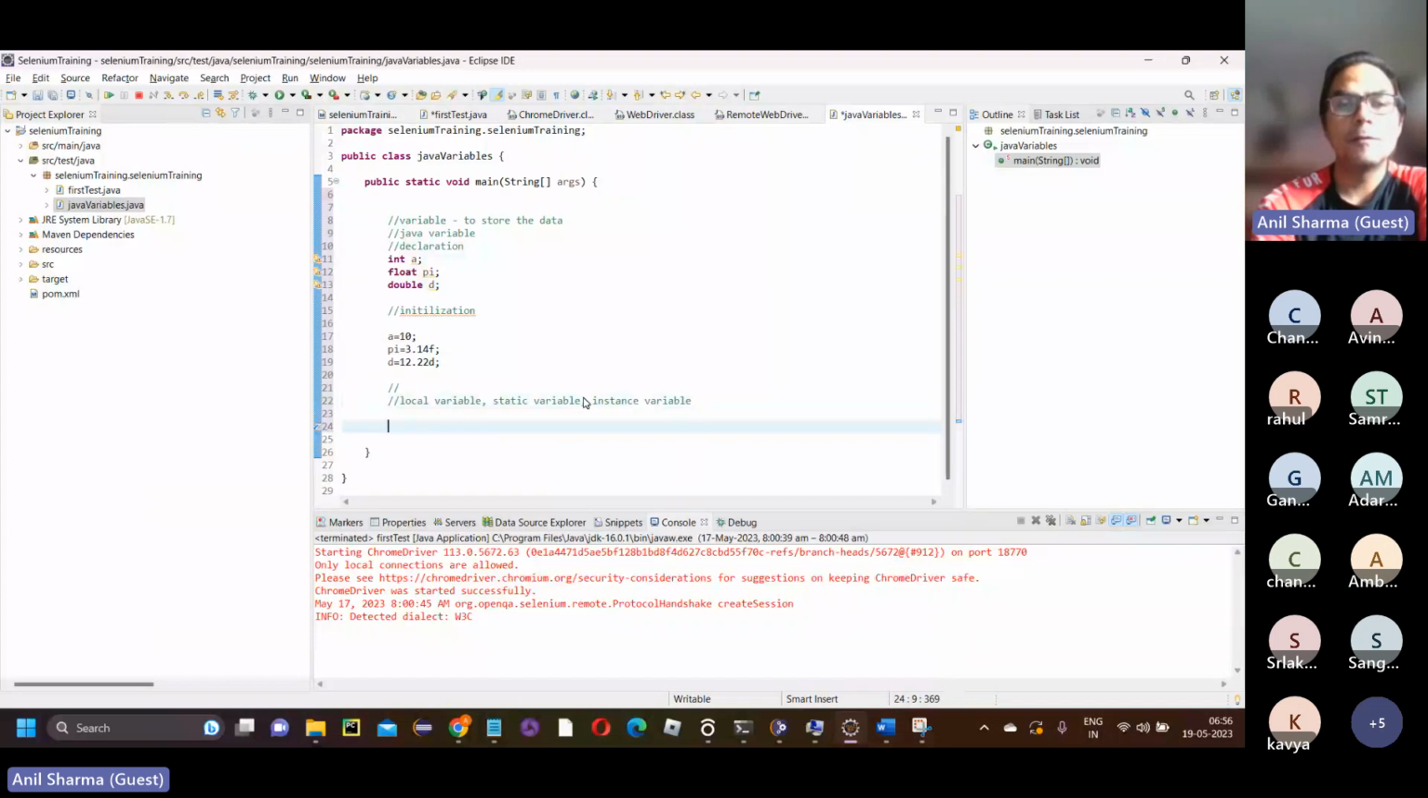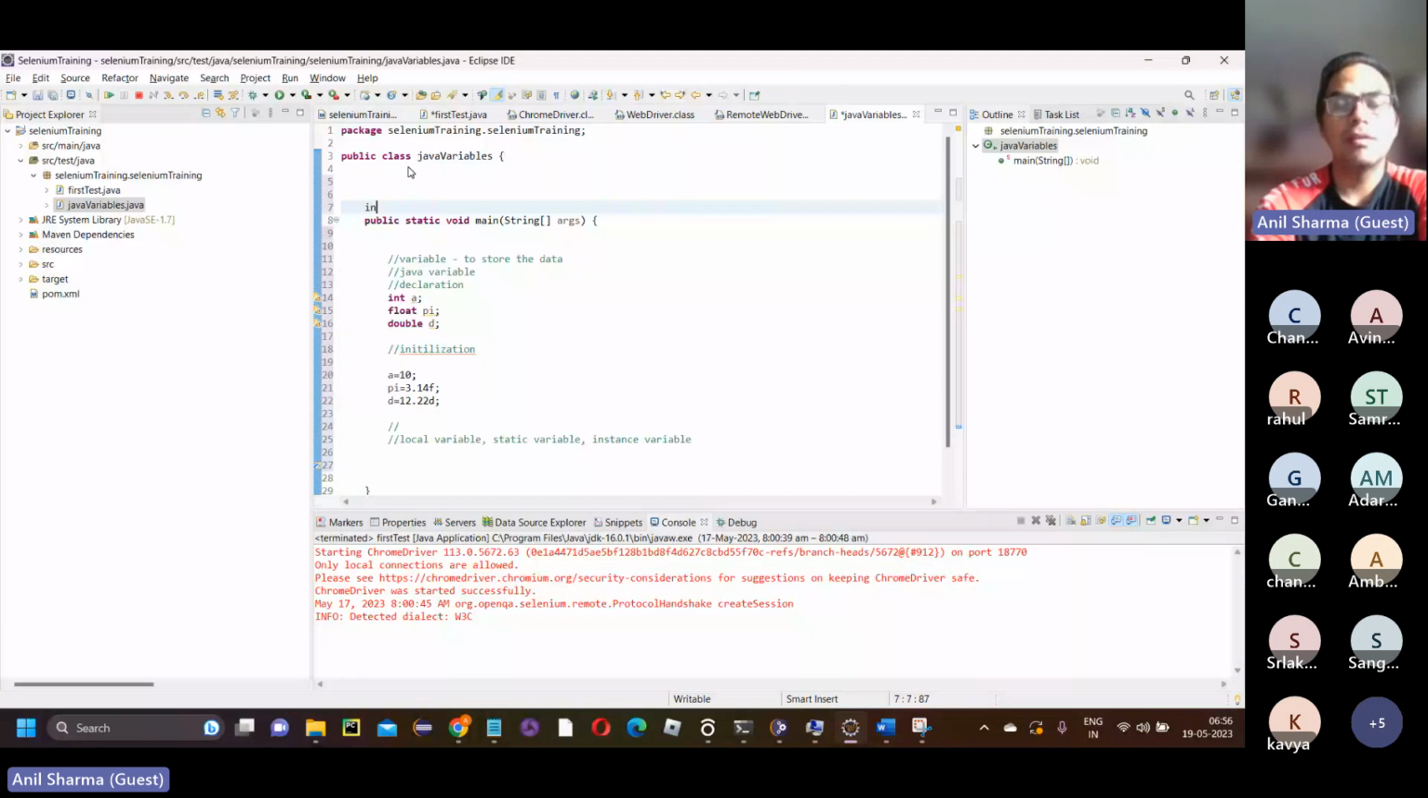Say you have declared a class called Java variables, right? Now, when you declare that variable here, say integer a, right? This a becomes a class variable. Sorry, class variable or instance variable. This is also called class variable,